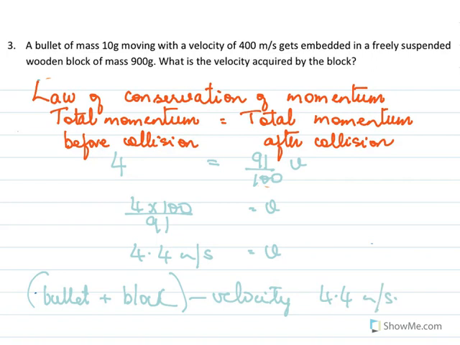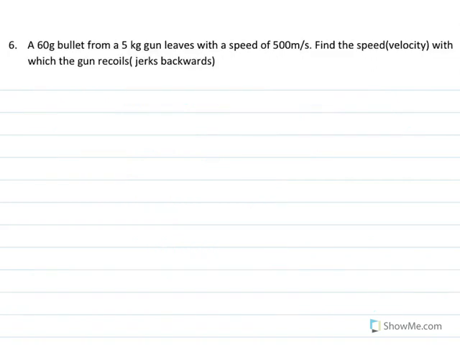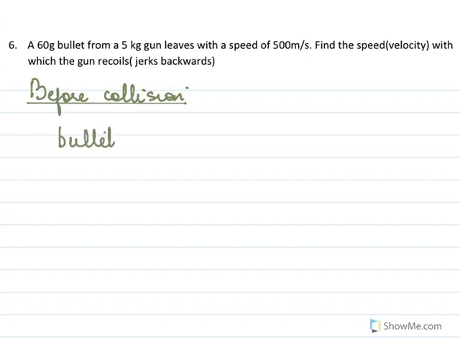4.4 meter per second. A 60-gram bullet from a gun of 5 kg leaves with a speed of 500 meters per second. Find the velocity with which the gun recoils or jerks backwards. So here again we have to find the momentum before collision. Now before firing, the bullet is at rest,